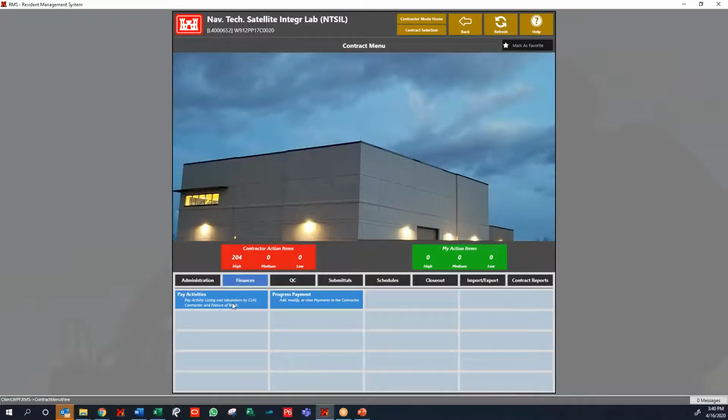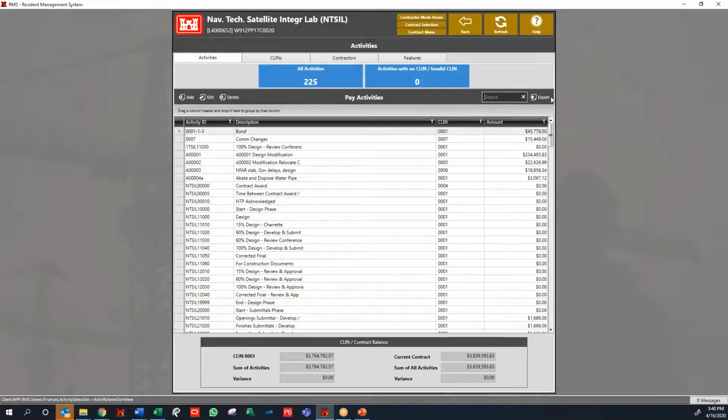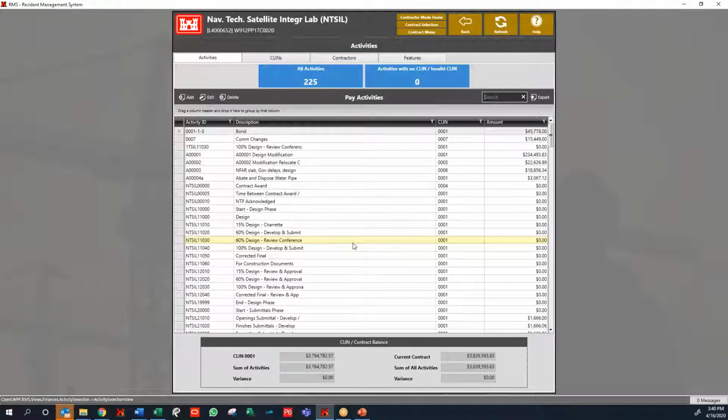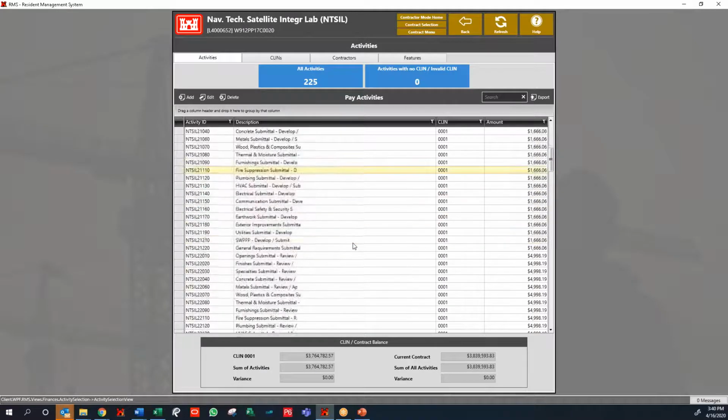The other super cool thing about, let's just go back to pay activities, about RMS is almost everything can be exported to Excel. If we're tracking down projects or trying to run some numbers, budget, it's a great thing to do. It's a nice feature. And all these things are pretty much